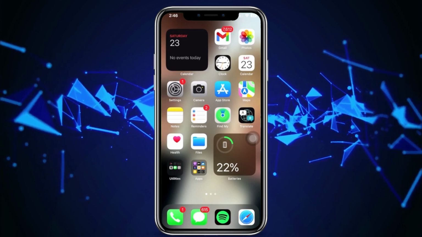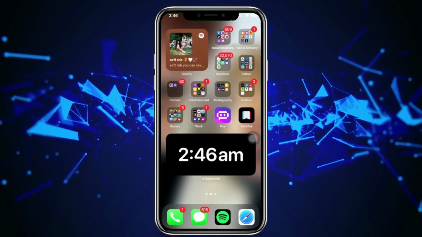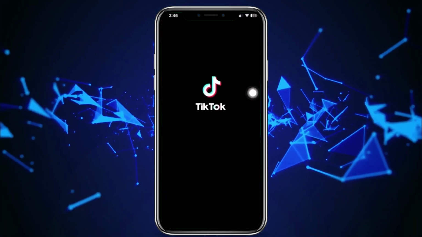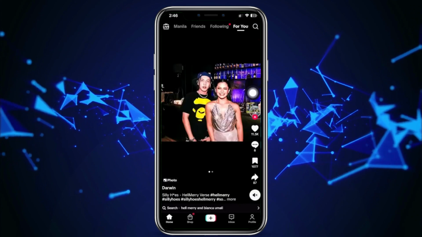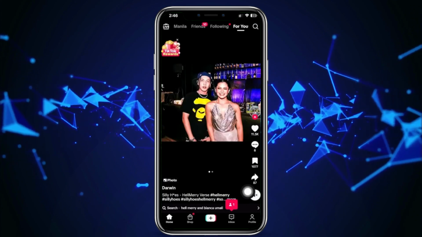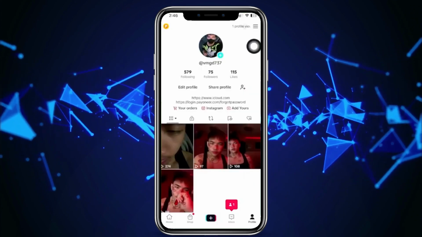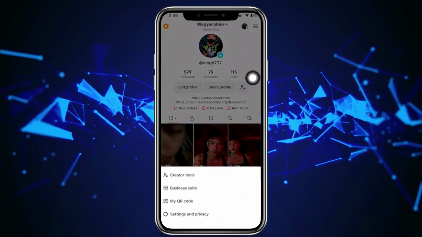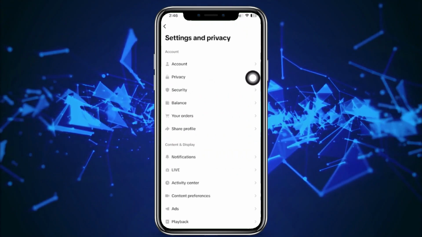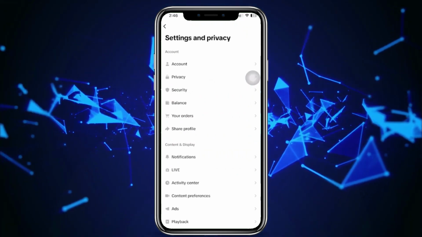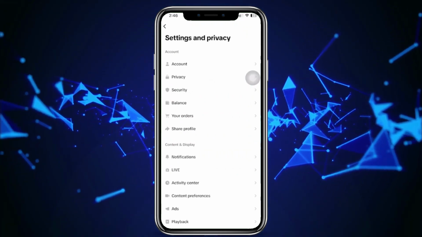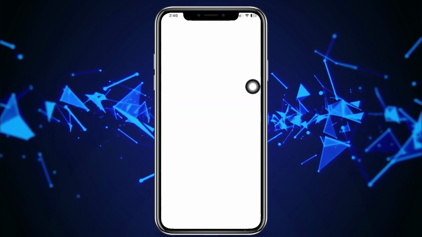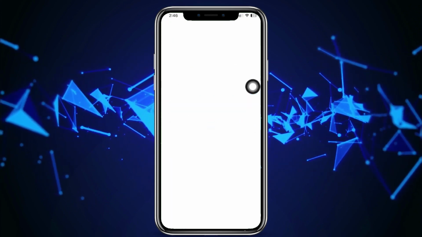Alright guys, what we need to do first is to go ahead and launch the TikTok application. And then from here, I want you to proceed with tapping on your profile, right here on the lower corner. Next, let's tap on the three lines on the top right, and let's tap on Settings and Privacy. Now, from here, I want you to scroll down until you see your security options. Next, let's tap on Manage Devices, and you should see all of the devices that you have currently logged on